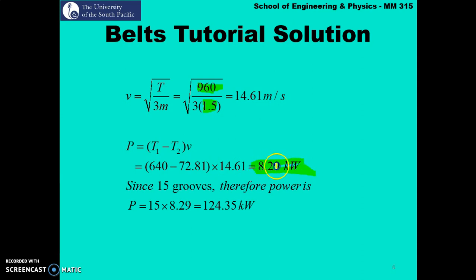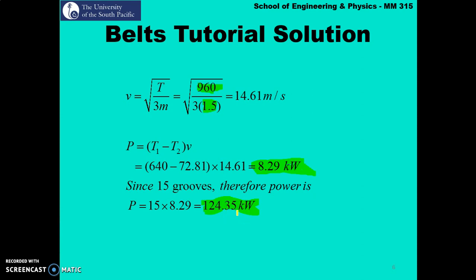8.29 kilowatt. But going back to the question, it says that the pulley has 15 grooves. So 15 grooves basically means that you will have 15 ropes attached to this pulley. Therefore the total power transmitted is the number of grooves times the power transmitted by just one rope. So 15 times 8.29. The total power transmitted by this pulley system is